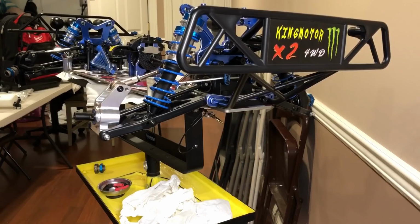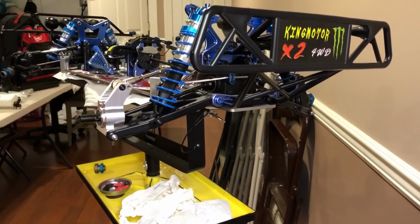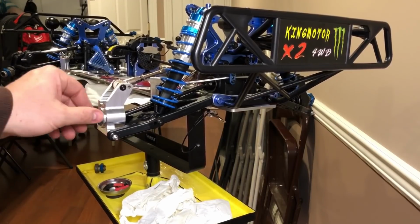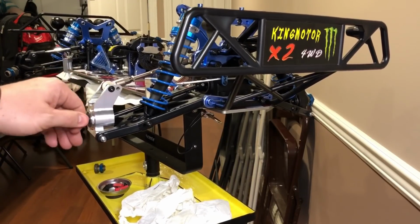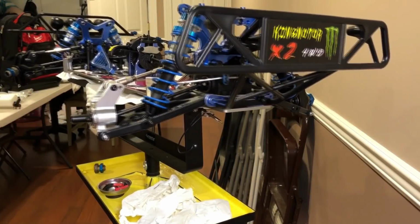That's all. There's no need to show you how to do the other side because we already did this side. So I'll show you guys when I'm done with everything. And let's install the wider hub as well. I'll show you that right now. All right, so